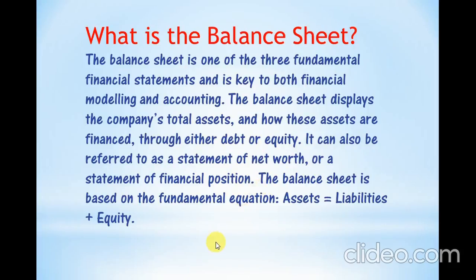Everyone knows the format of a balance sheet. It is a tabular statement. The left hand side is the liability side and the right hand side is the asset side. It consists of equity, debt, capital, and net profit, and on the asset side, the long term assets and the short term assets, what we call current assets and fixed assets. These are the constituents of a balance sheet. I hope all of you know the meaning of a balance sheet. No need for extra explanations on the balance sheet.